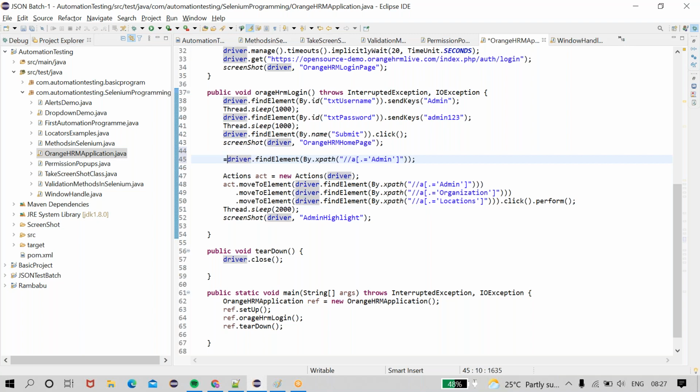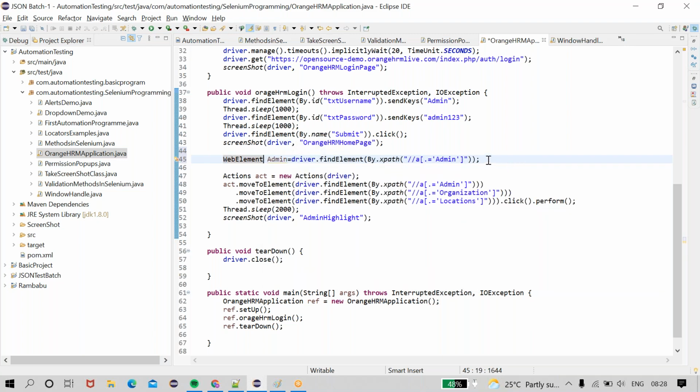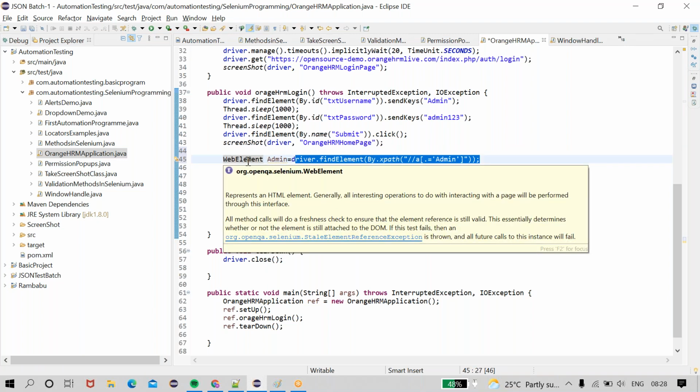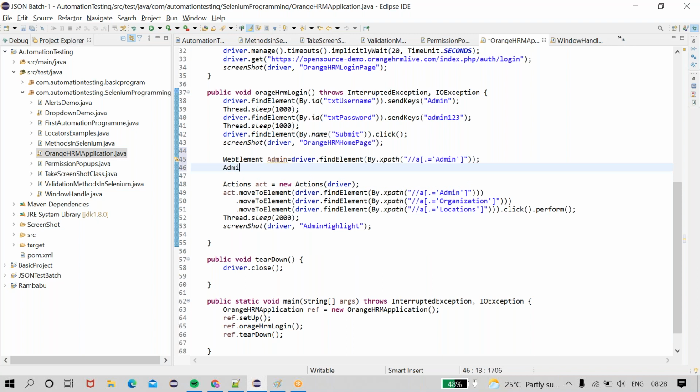The return type will be web element. Okay, yes or no? Admin, I am taking this as a web element. See, this entire find element will be stored into this web element. Over this element, we are able to perform some operations.